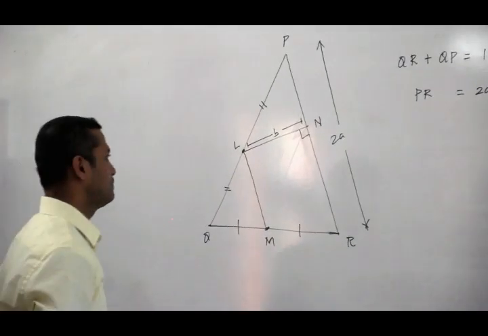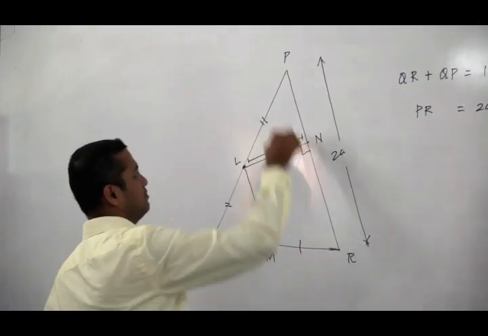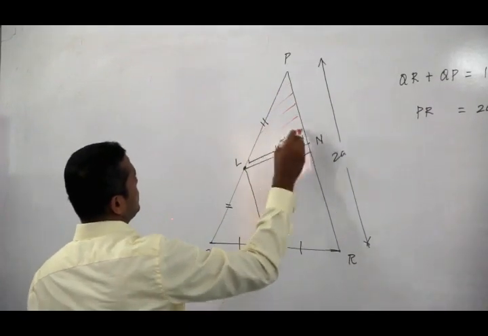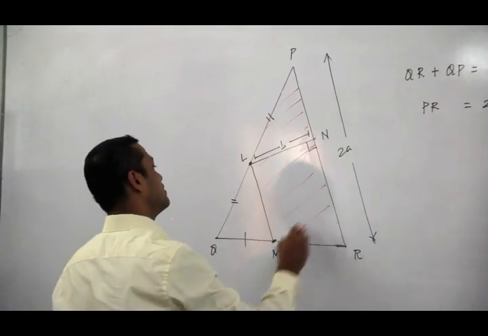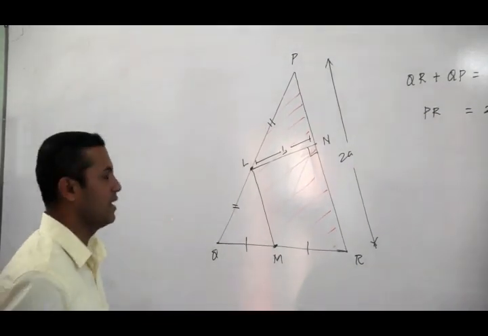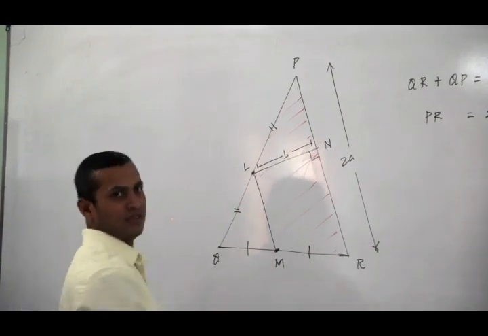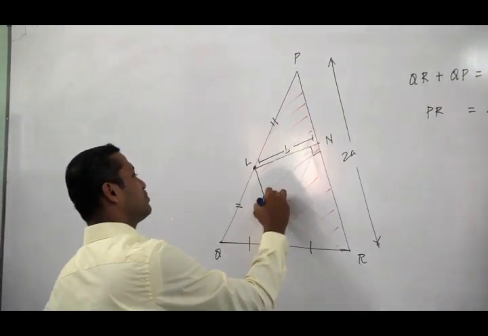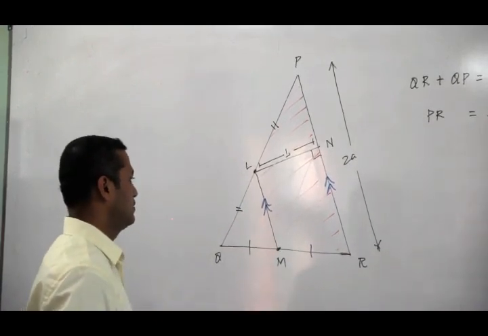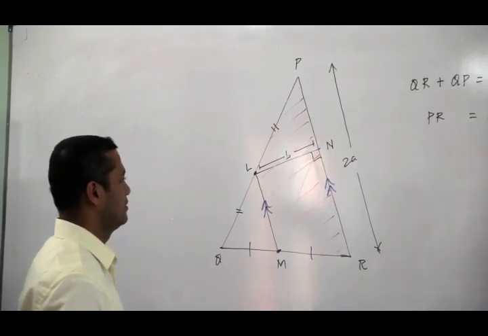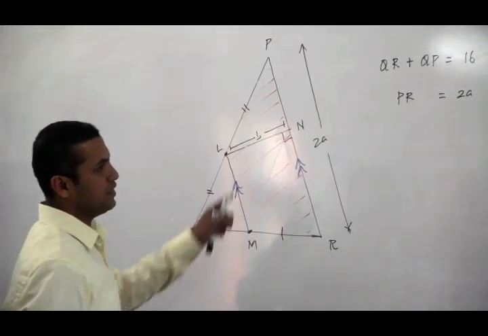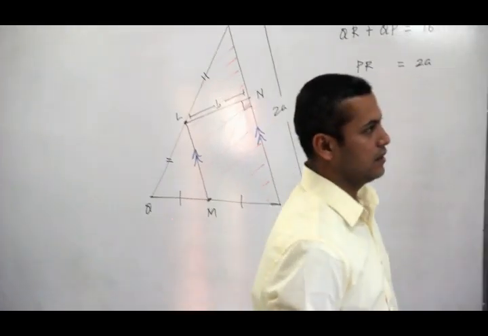LMRP. Look at it. This is what they are talking about, this particular diagram, this part. Of course, you know this is going to be a trapezium, isn't it? Why? Because according to the midpoint theorem, this is parallel to this, right? Okay, now we do it. You know the perimeter of this diagram. What is it?